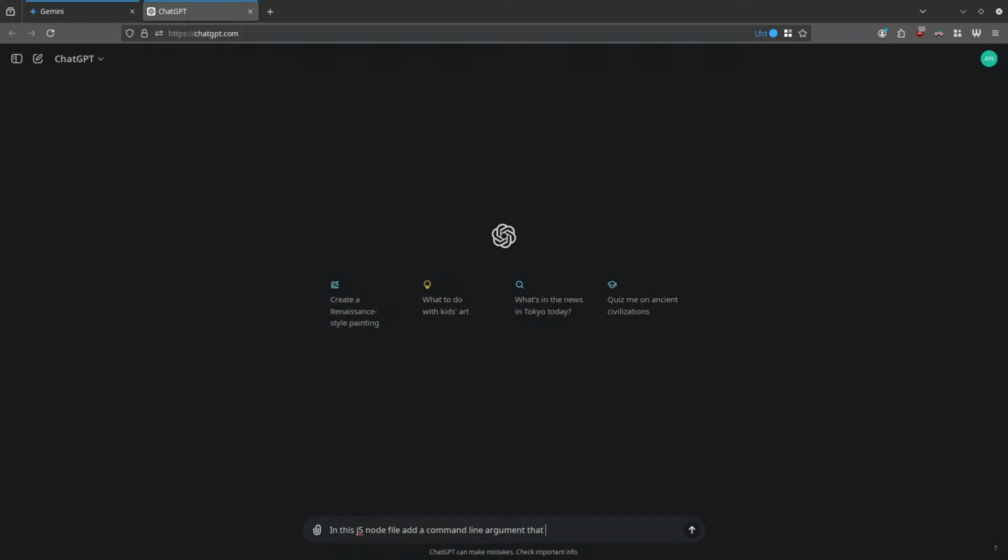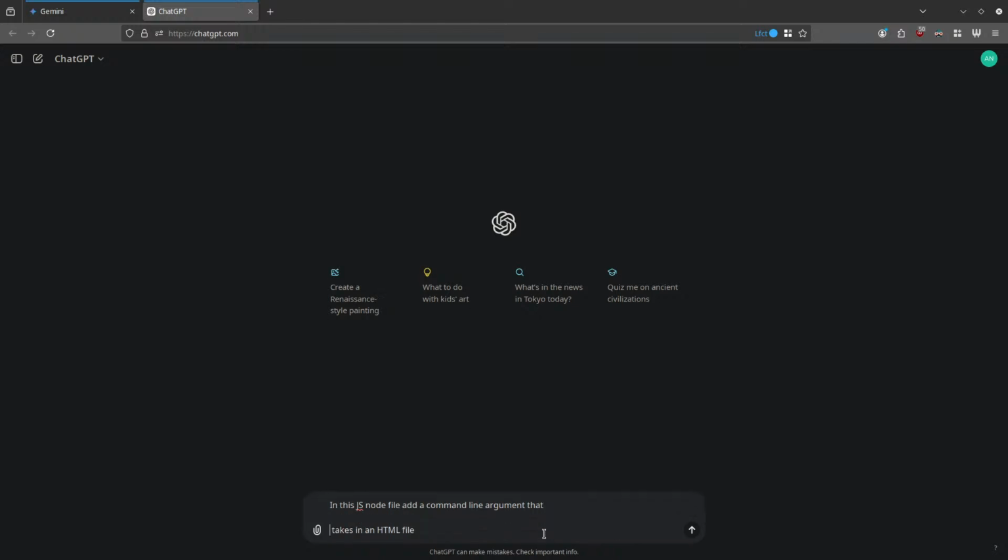Why don't we do both? That takes in an HTML file from a command line argument,